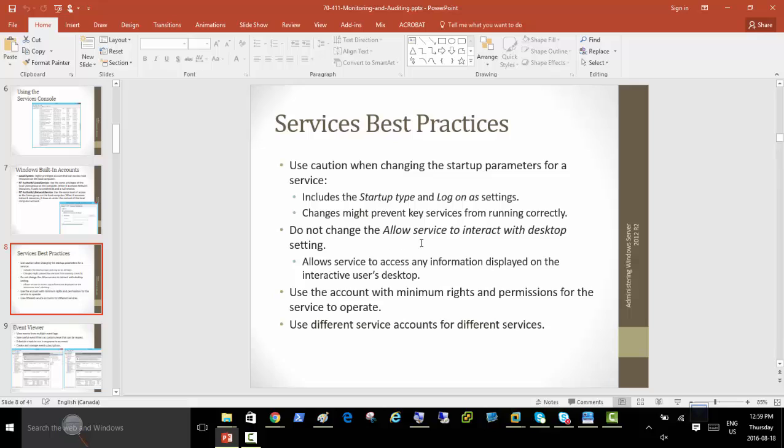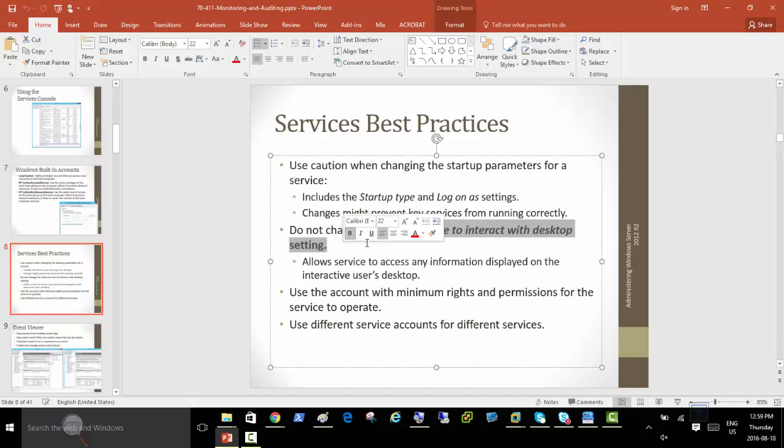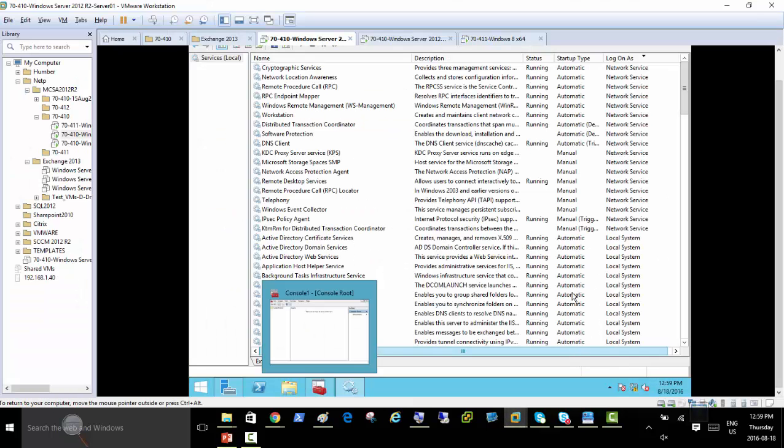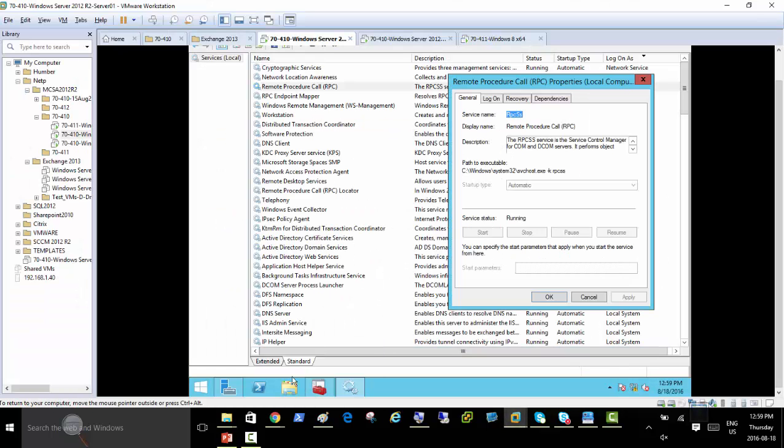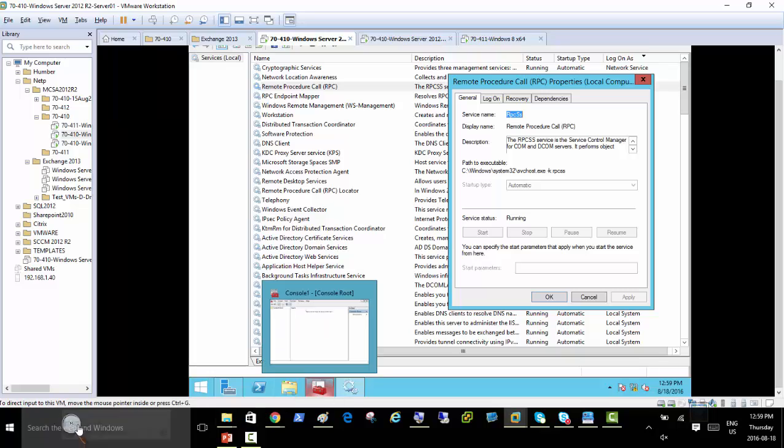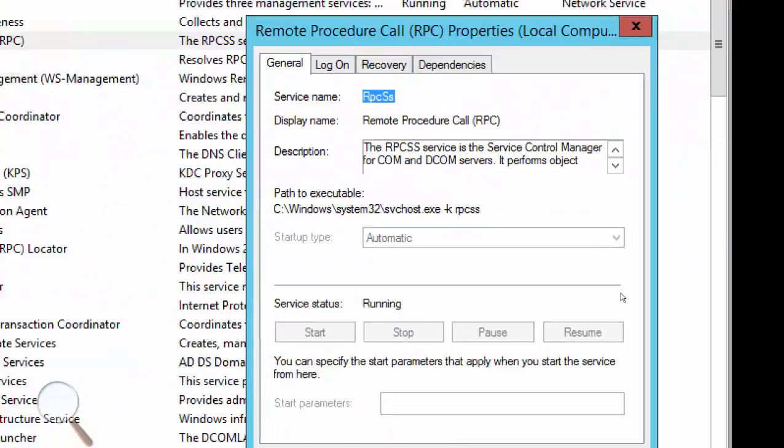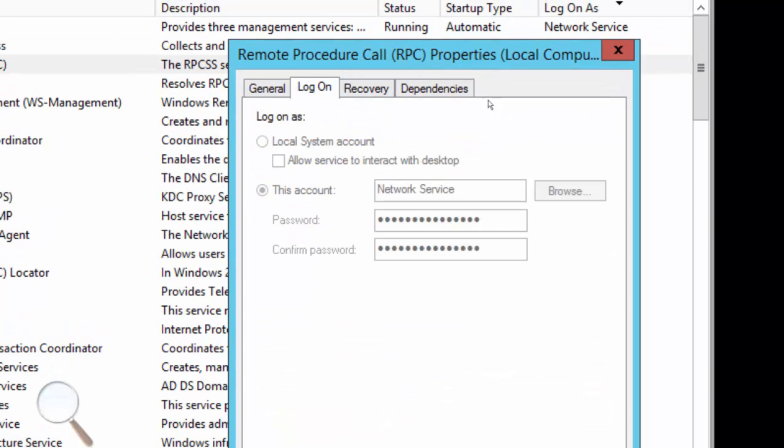So do not change the allow service to interact with desktop setting. Seriously. Okay. This should be like this, and they did put it in italic anyway. It is one thing, right? Allow service to interact with desktop setting. Do not change the value, and where is this value? So if we double click anywhere, is there any option, any setting that says allow service to interact with desktop? Here it is, right? So if they're just saying do not change that setting,